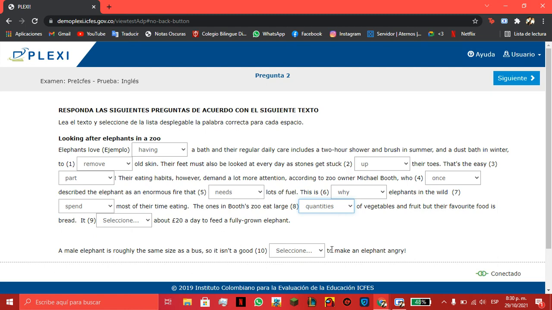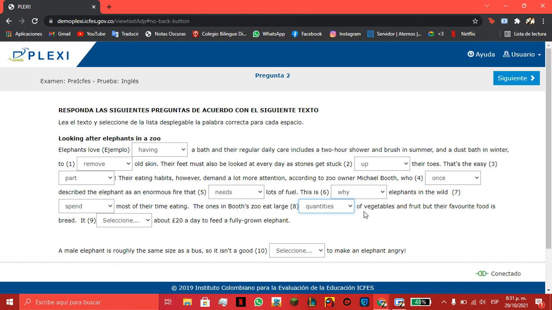And well, this is like a specific amount of something specific, or like things in big numbers, but the word numbers isn't right to use in this way, so that's why the right answer is quantities because it's